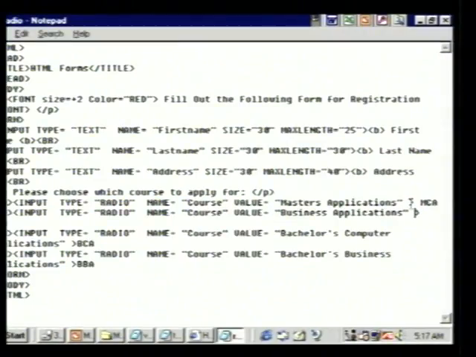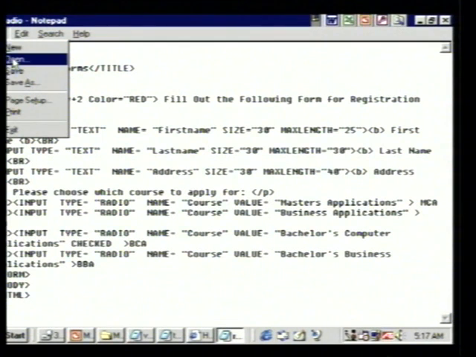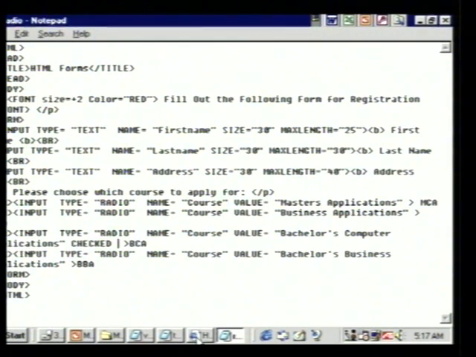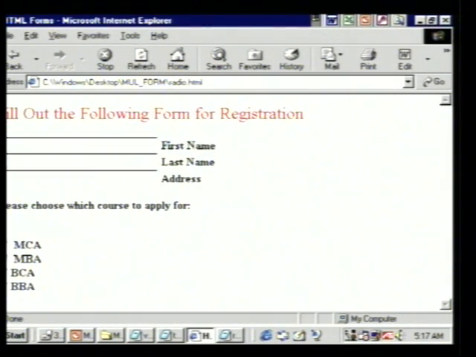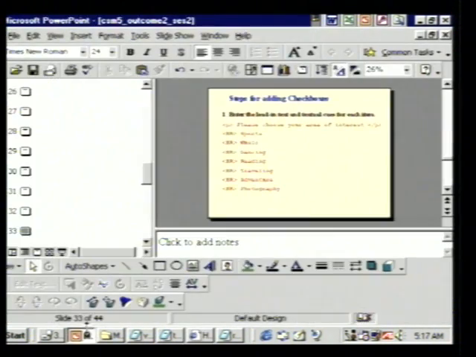Let us say I use this checked attribute over here, somewhere over here with the BCA part. Now see, earlier it was with the MBA part, I use it with the BCA part over here now. Now notice the difference, how it looks. Earlier it was with the MBA. Checked means this one is clicked, this one is checked. I used it with the BCA part now. So the clicked part is BCA over here. Coming over to the next part,